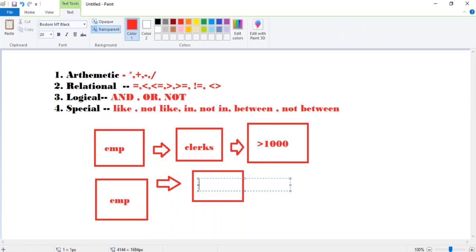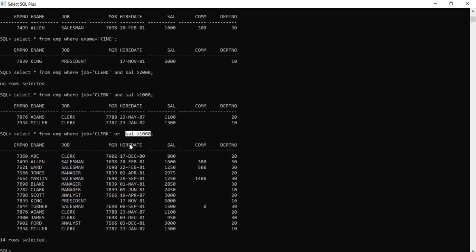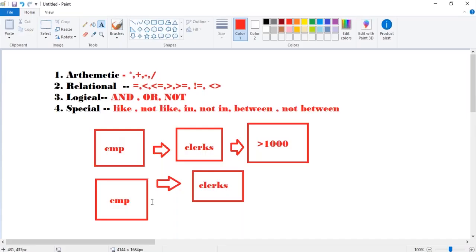See here, now it will be the OR condition. So the OR operator, if it is OR, and if it is AND, it filters the data. So understand, right? AND and OR. OR means if any condition becomes true, it will display the whole data. AND condition means all conditions must satisfy and become true, then only it will filter the data.